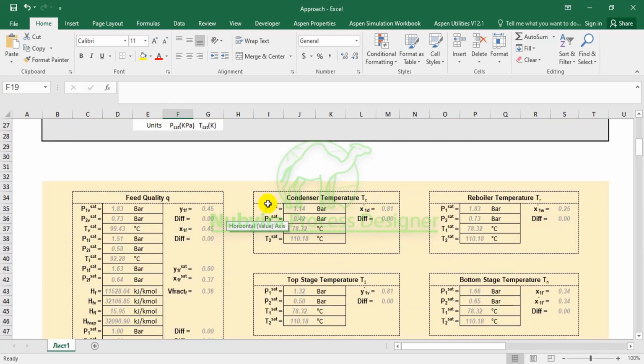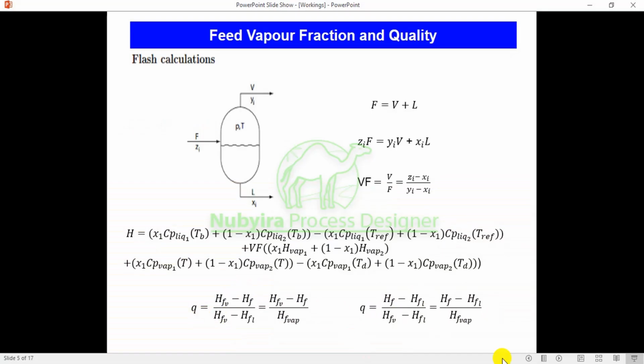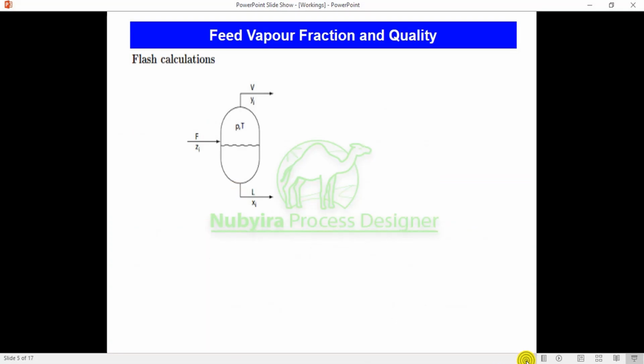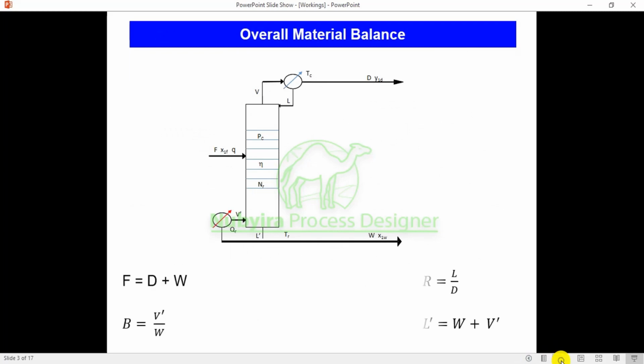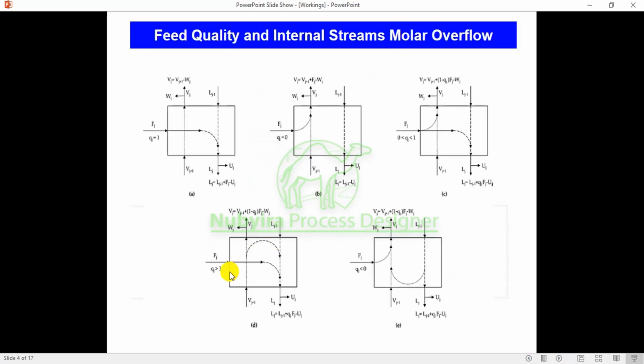So that's the case. So if the quality is greater than 1, when you put the feed into the distillation column in the feed stage,